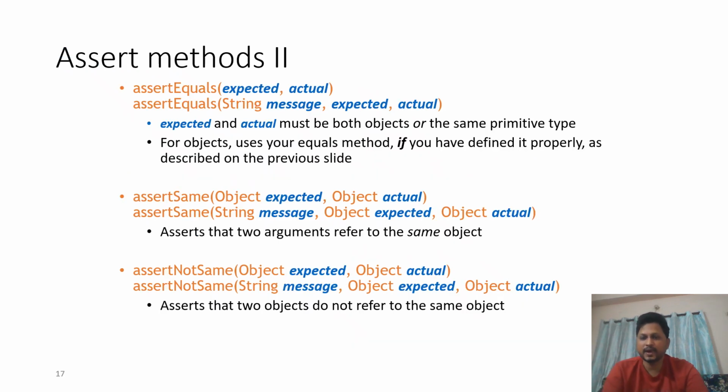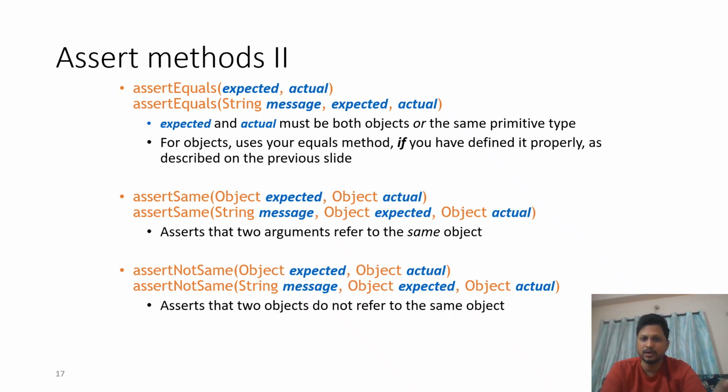And these are some of the assert methods. At level 2, I have taken assertEquals, where we can have the string message, expected and actual also. These are the two ways of validating our test cases using assertEquals. One is just giving the expected value and actual value, and another way is we can provide a string message to showcase, and validate the expected and actual value, both the objects as primitive